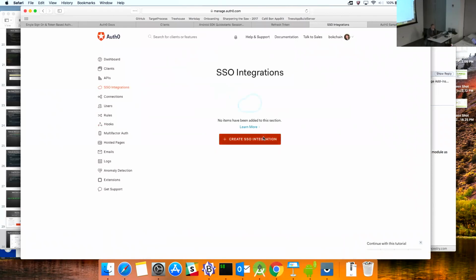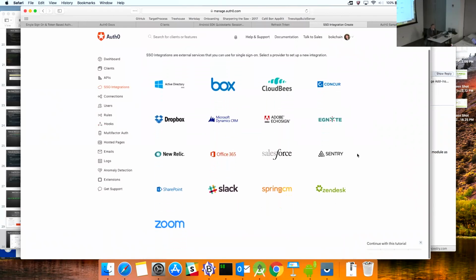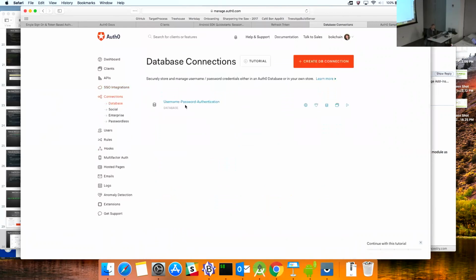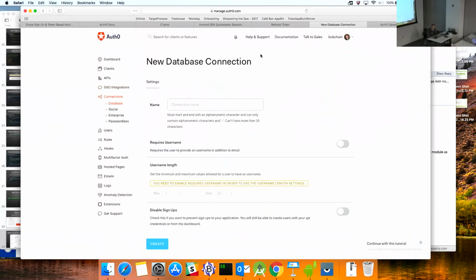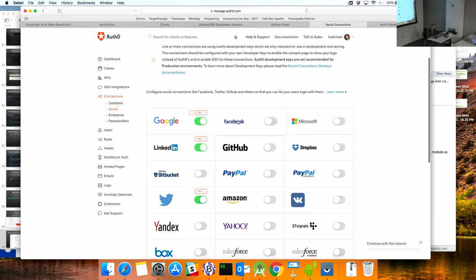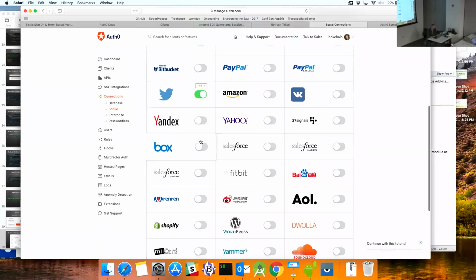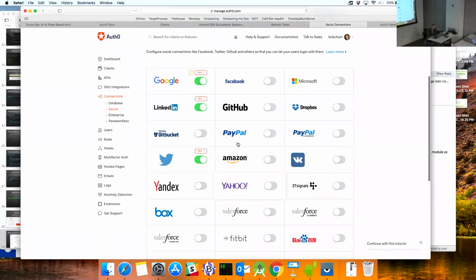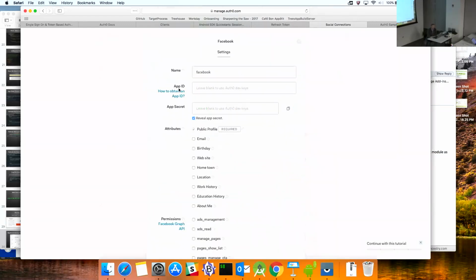Single sign-on integrations. If I click that, they work with several different providers for SSO. Connections, they have database connections. Social. So this is pretty easy just to add like Facebook or LinkedIn, Google. You just flip the switch here and you've got that enabled for your authentication needs, whether this is a website or an Android app. Facebook, for example, you have to go to Facebook or LinkedIn and create an app on their system and get all their credentials, their app ID, plug them in here one time, and then you're good to go. You can turn it on, turn it off afterwards.